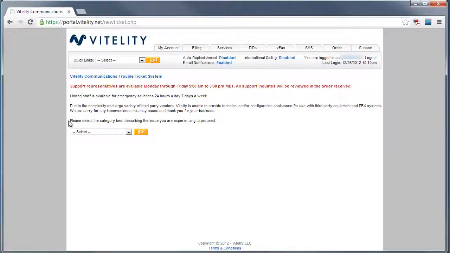emergency scenarios. Due to the complexity and large variety of third-party vendors, please also note that Vitelity is unable to provide technical and/or configuration assistance for use with any third-party equipment and PBX systems. We are sorry for any inconvenience this may cause, and we do thank you for your business, but if it is something that is not specific to the Vitelity configuration, we'll be unable to provide assistance, which is why we recommend that you always reference the support informational materials because that is pretty accurate in determining root cause problems with